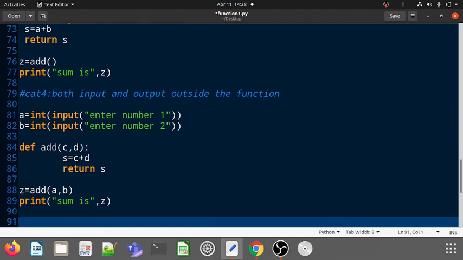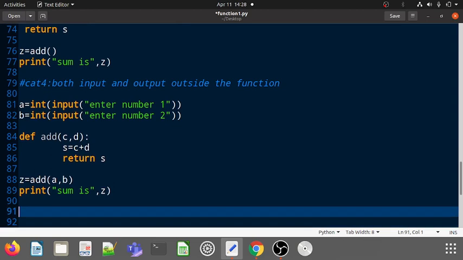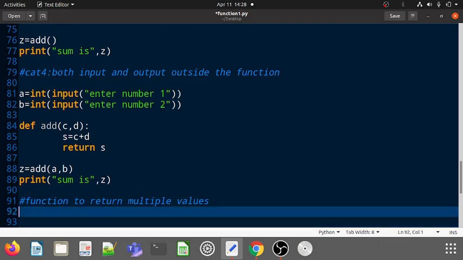Now we will come to one more thing, one more function. Simply one function we will design, a function to return multiple values. If you are told to design a function which can return multiple values, in other languages a function cannot return multiple values, but in Python we have functions which can return multiple values.